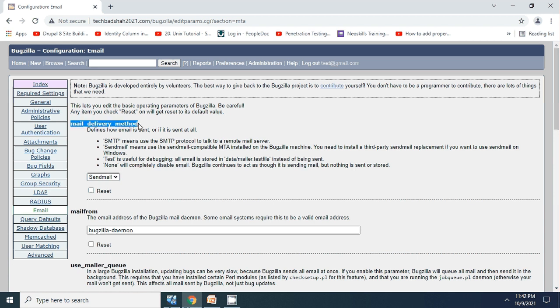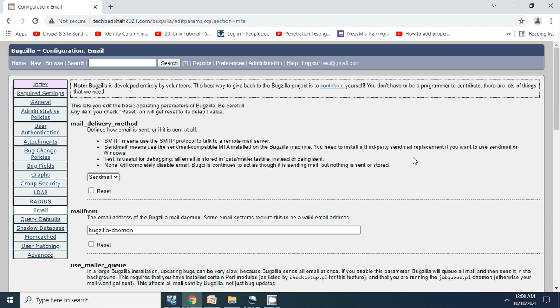At the same time, Bugzilla has two more features where email is integrated. The other two features are bug edit and bug filing. So when somebody is filing a bug or editing a bug, in those scenarios Bugzilla sends updates to the relevant stakeholders.